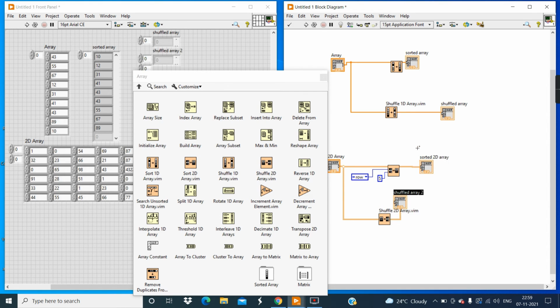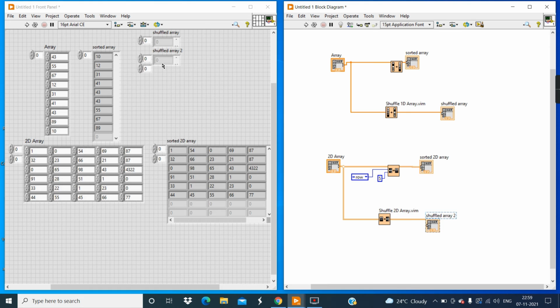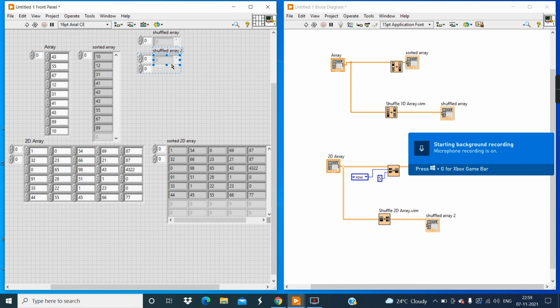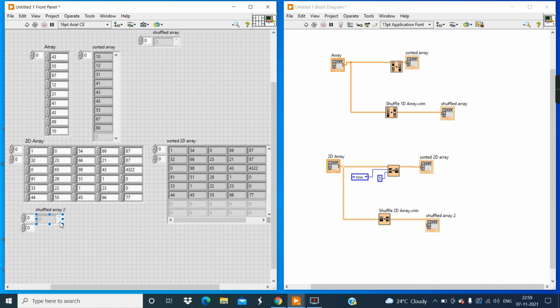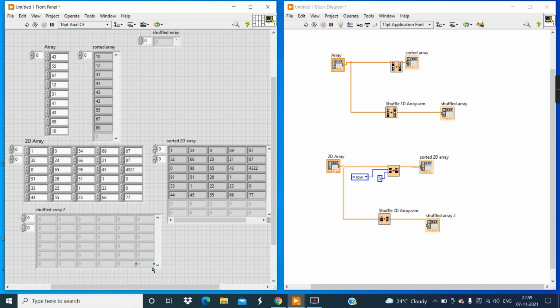Change the position, close this. Now change the position of the shuffle two-dimensional array indicator, and then increase the elements because I want to see the result.